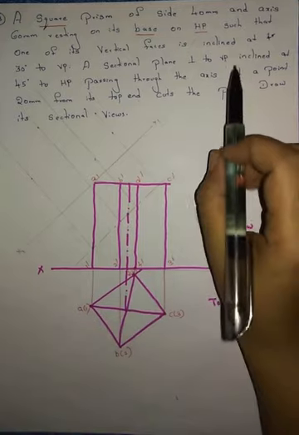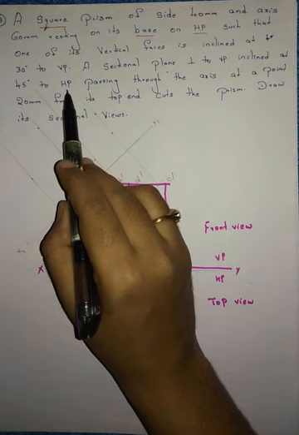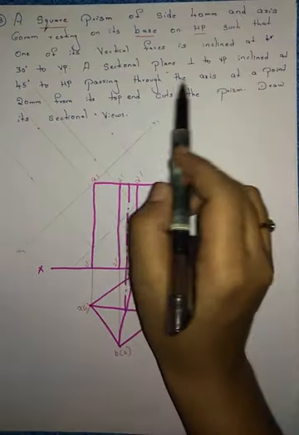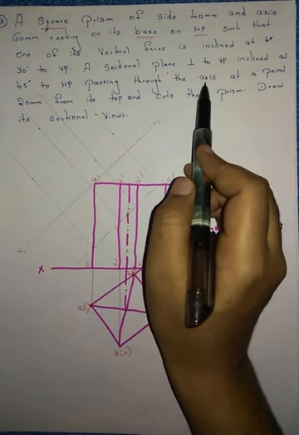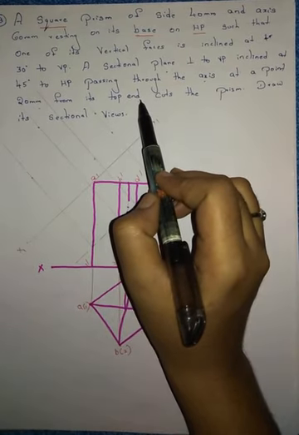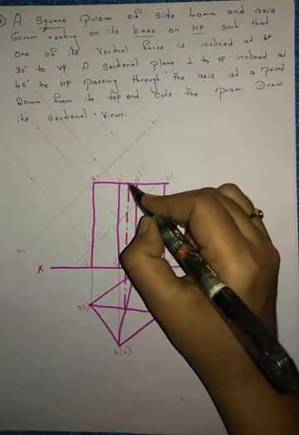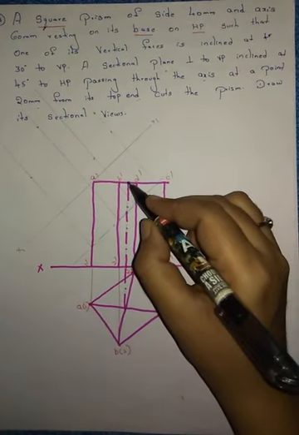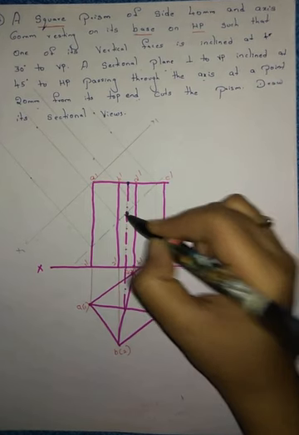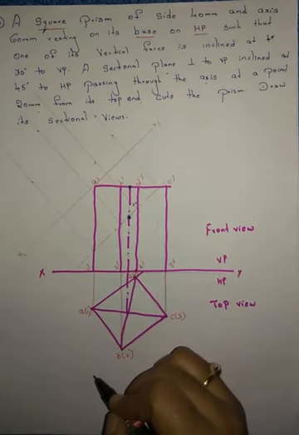So you have to construct the sectional plane which makes an angle of 45 degrees to HP. What is the condition? The sectional plane should pass through the axis. That is the first condition. The second condition is they mention the distance, 20 mm from its top end. This is your axis line. This is the top end. From this top end, mark a 20 mm distance.